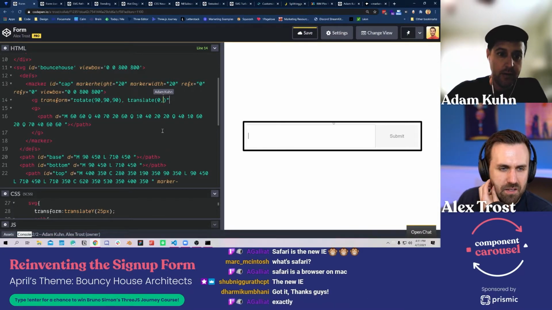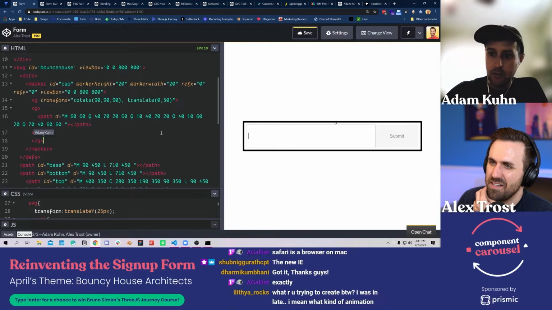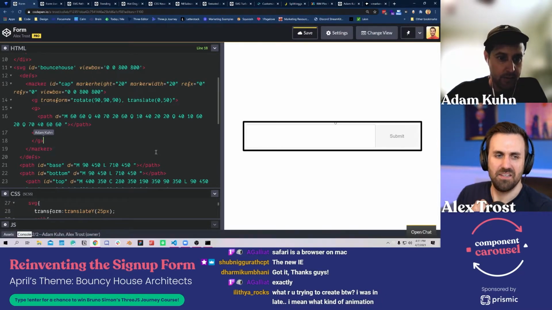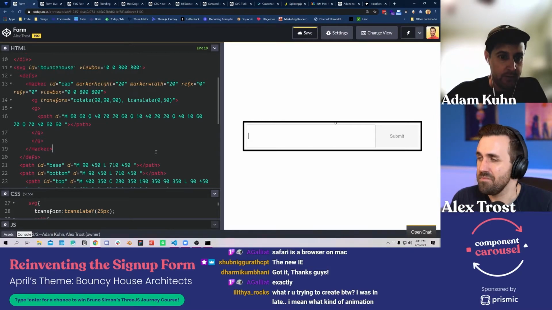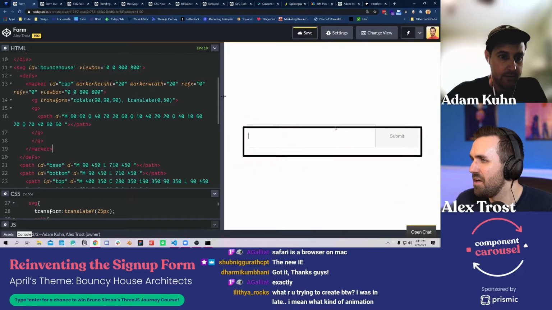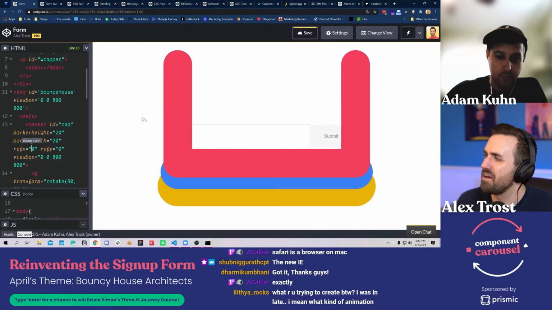If I just bring it down a little bit, will that get it there? And close this up. So hopefully that will put it where it needs to be, and it won't. All right, fun. That's the fun with markers and anything working with SVG, like transform origin, it can always be tricky. Let's try and bring it down.